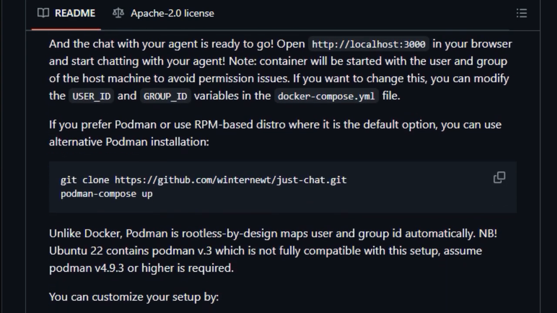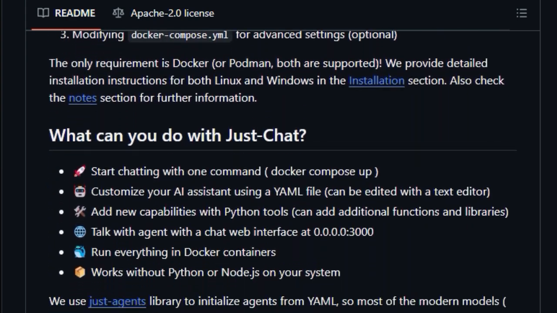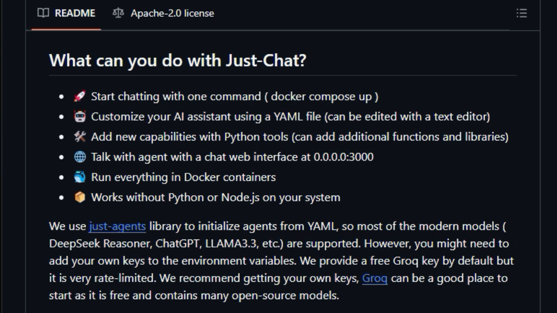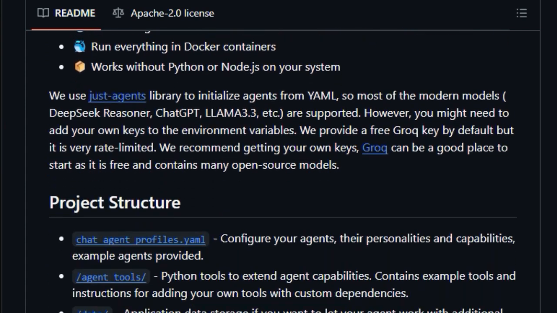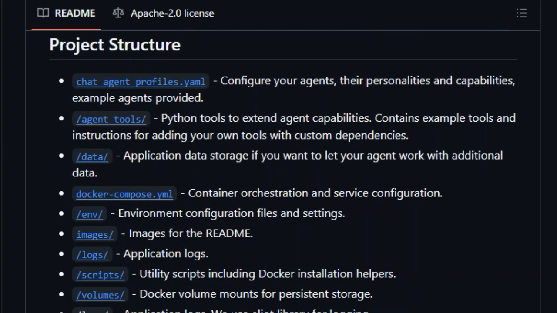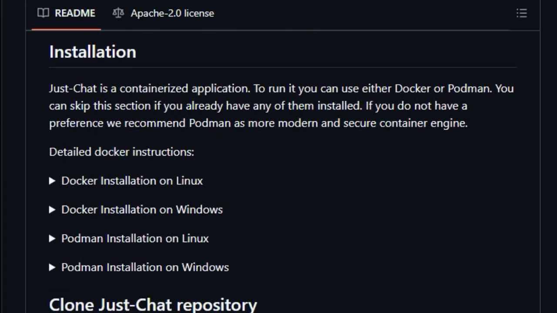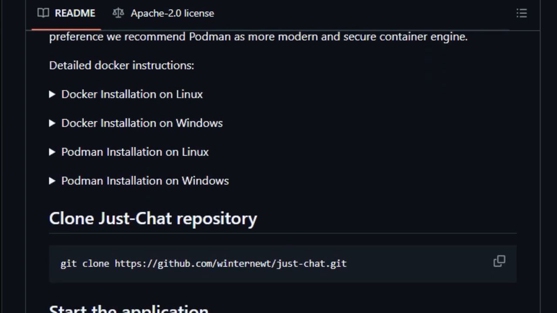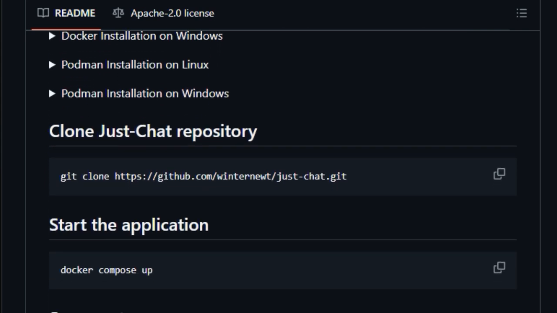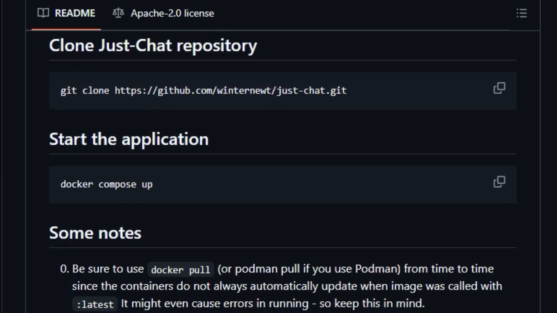This command launches a chat interface accessible at 0.0.0.0:3000, where you can immediately begin interacting with your AI agent. Just Chat allows you to customize your agent's personality and capabilities via a YAML configuration file. You can further extend its functionality by adding custom Python tools to the /agent_tools directory. Just Chat supports modern models like DeepSeek Reasoner, ChatGPT, and Llama 3.3. While a free Grok key is provided initially, it is recommended to obtain your own API key due to rate